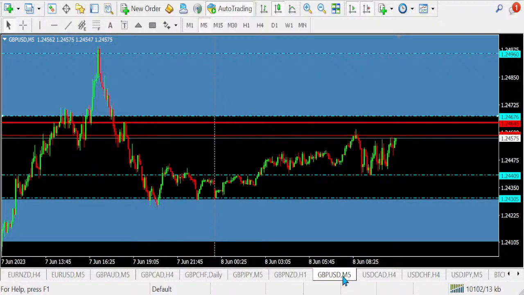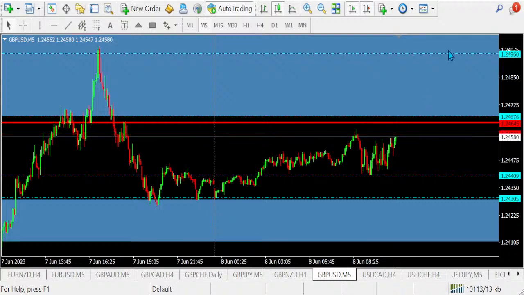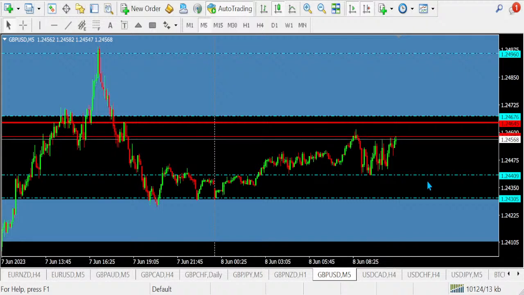For pound dollar, if it breaks above the resistance, look out for support that forms above 124.645, then can go for the buying. If it actually breaks below, that means I'm going to wait for a new resistance to sell down. On the top, we need a new support to push up. For the bottom one, we need a lower resistance in the box to push it down. That's the plan.